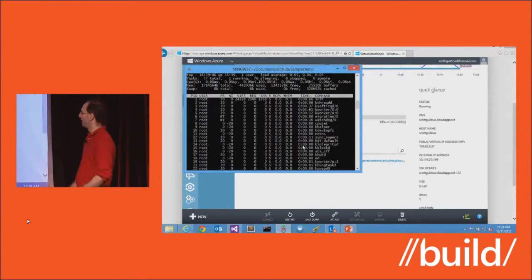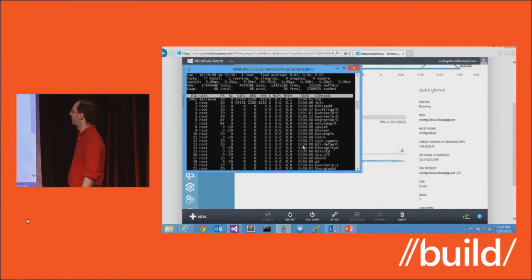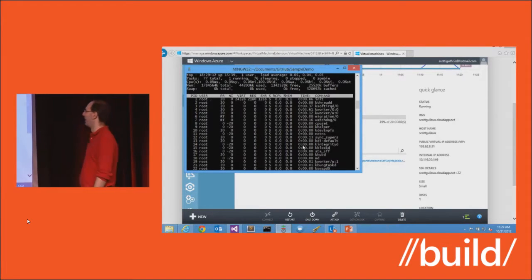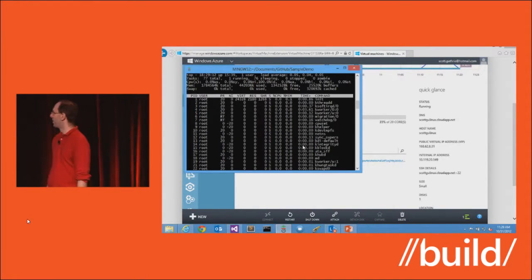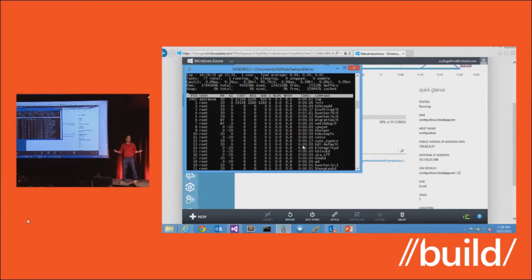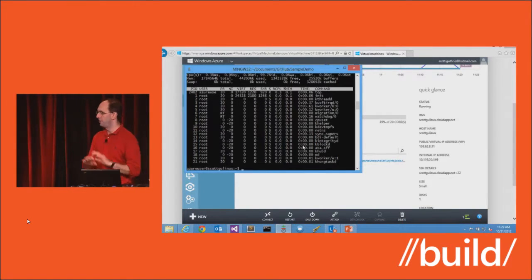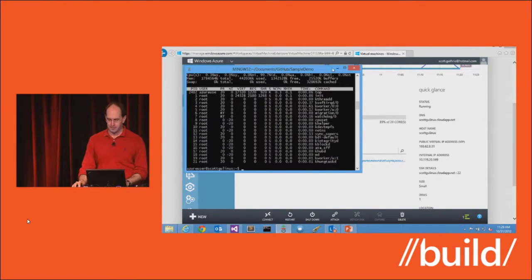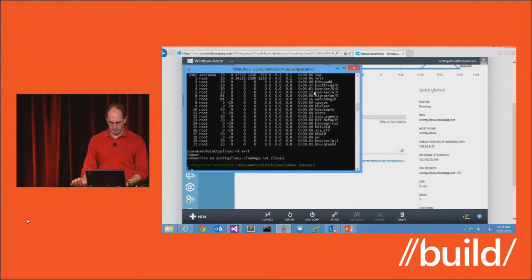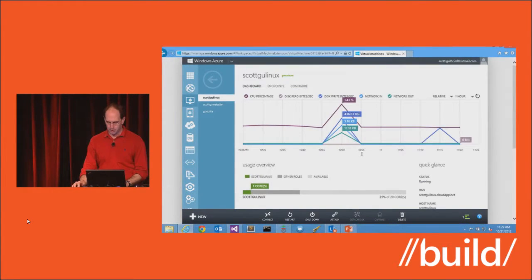I know you're probably tired of seeing lots of Linux demos at our event this week, but this is one that we do support. So anyway, this is a cool example. Again, you can run anything in these things. And this goes back to the open thing I talked about at the beginning, where if you want to run Linux, if you want to run Windows, if you want to run SQL, SharePoint, you want to run MongoDB, you can basically choose whatever workload you want. You can customize it however you want, and it gives you ultimate flexibility to use anything within an Azure environment. So that's a little bit in terms of the overall virtual machine experience.